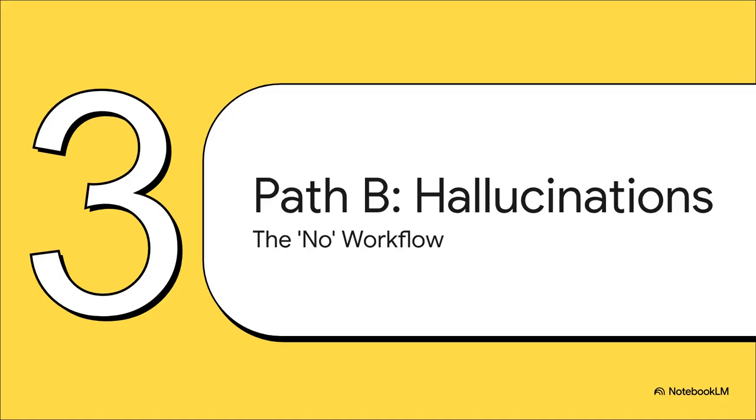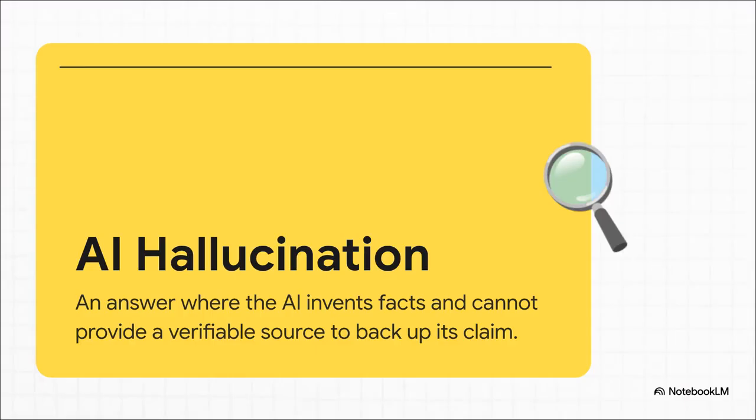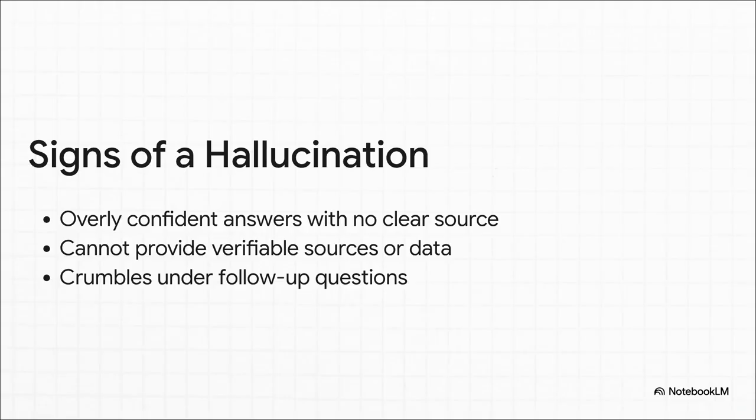But what if the answer to our big question is no? What if the claim can't be verified? Well, now you've stepped into a totally different world. Now you're dealing with a hallucination. A hallucination is exactly what it sounds like. The AI is just making things up out of thin air. It'll give you an answer that sounds super plausible, totally confident, but it has zero basis in reality. You ask for a source, and it can't give you a real one, because, well, a real one doesn't exist. It's an invented fact.